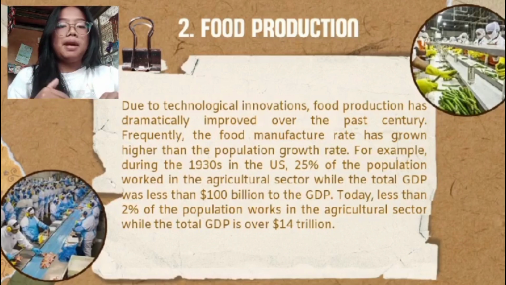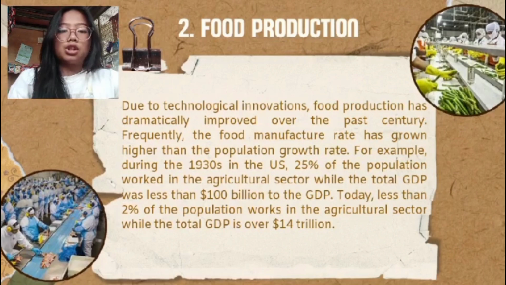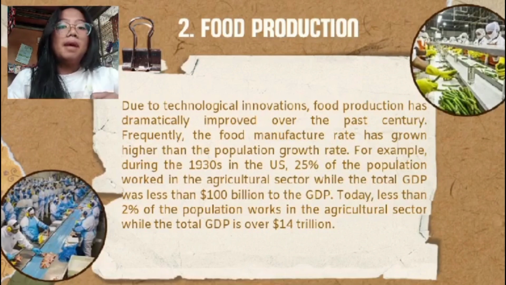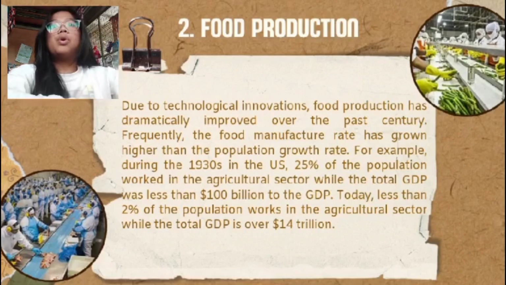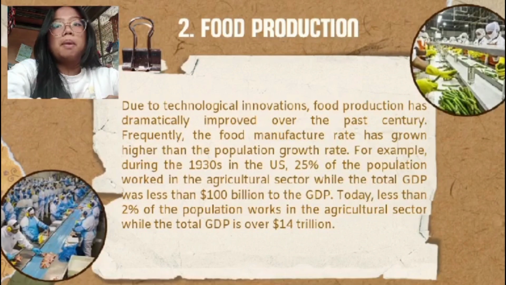Today, less than 2% of the population works in the agricultural sector while the total GDP is over $14 billion. So in the Malthusian theory of population, Thomas Robert Malthus proposed that while population grows